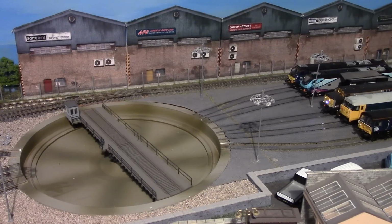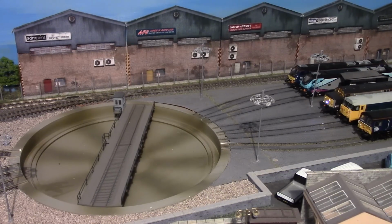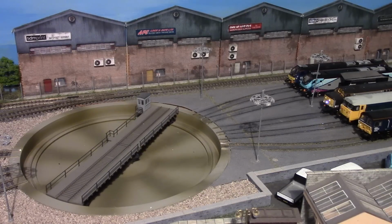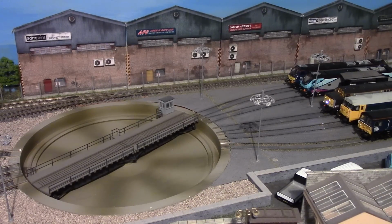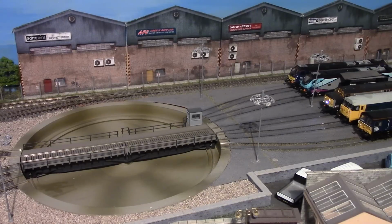What we do then, we load the loco on to the tail end, and then we select the track that it wants to go out on, which is number 3. So when you select number 3, it actually goes from the head end to position number 3, and if you look at that, that is almost dead horizontal. Number 3 is just a few degrees more clockwise than what it is now, so its transition from one position to another is very little. So what we'll do, we'll start up Euro Phoenix and we'll bring him onto the turntable, and then we'll move him to track 3,